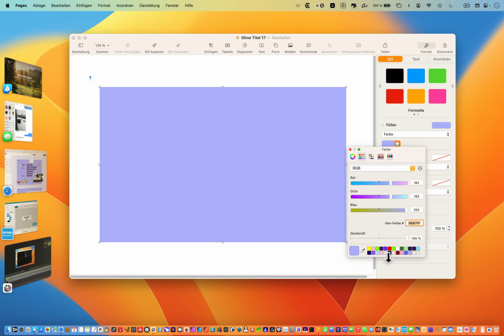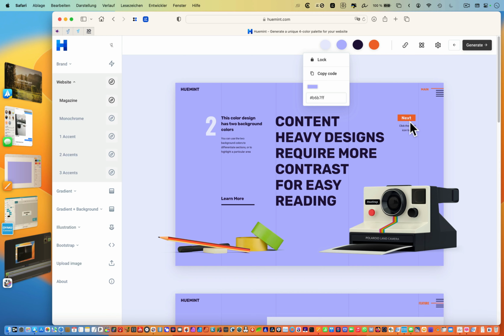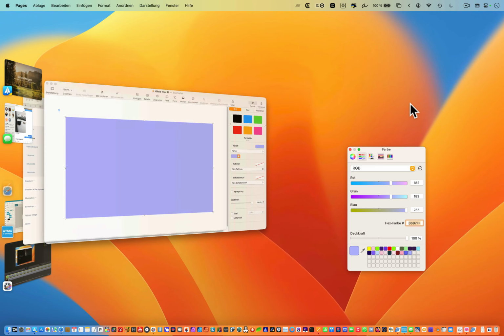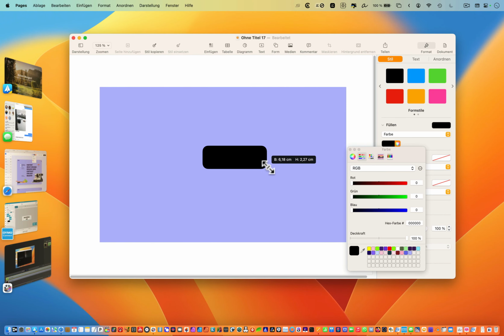I can also pull it up a bit. Here you can also pull it up. The whole thing then has color boxes where you can save the color. Now, we go back to the website and want to make a button with this orange color. We need this color value. We copy the code. We go to the form and make a button. The dialog stays open. In Pages, we can directly copy the color value here, remove the double cross, press Enter,